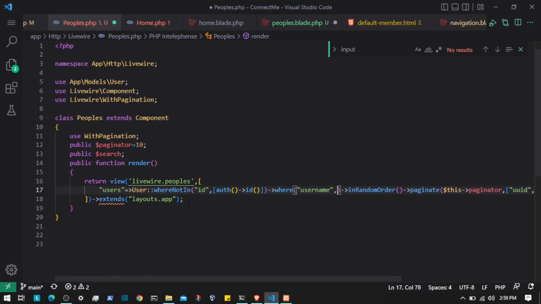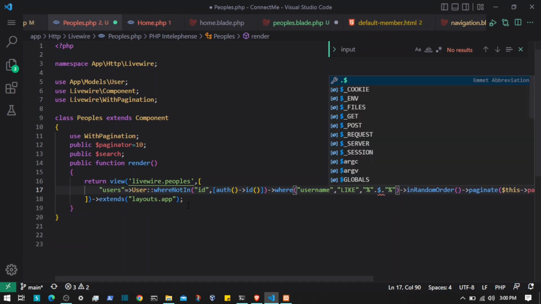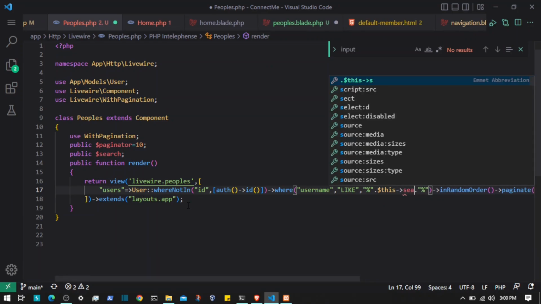Username is, here, gonna be like, and here we will have the concatenation and percent signs, and everywhere that matches the username field, this specific query, then return that. So this, search,